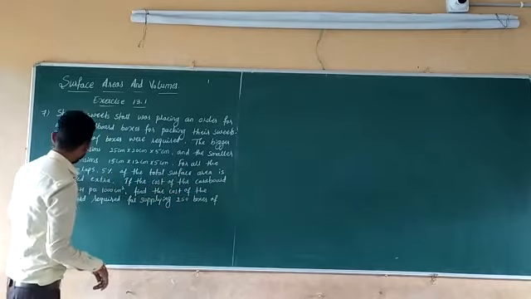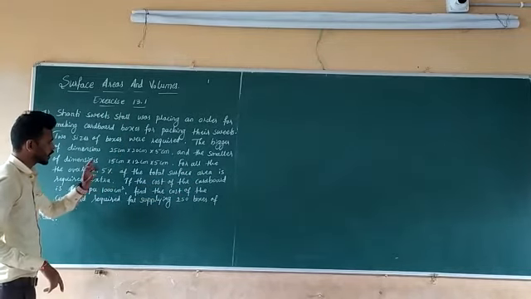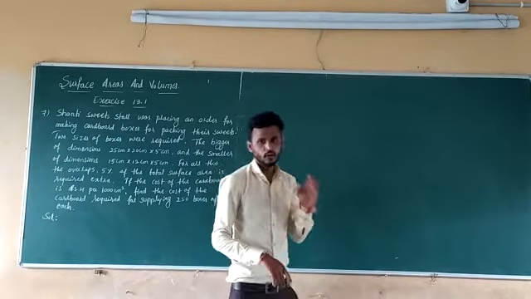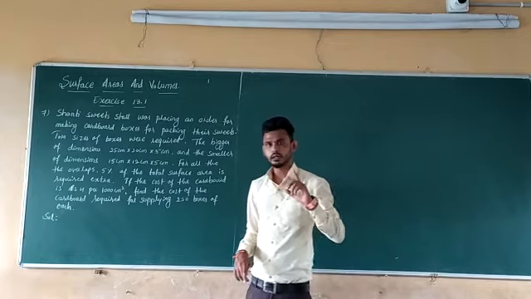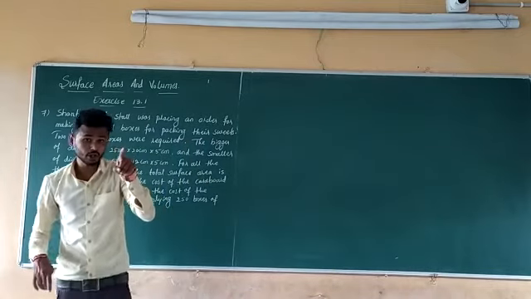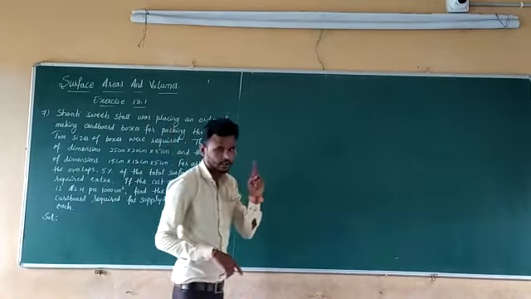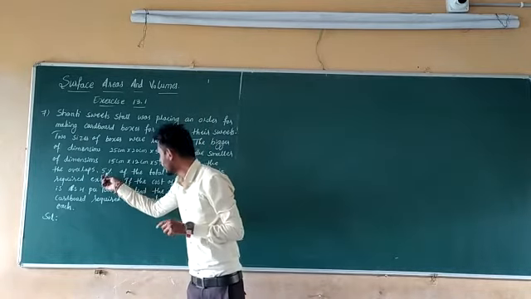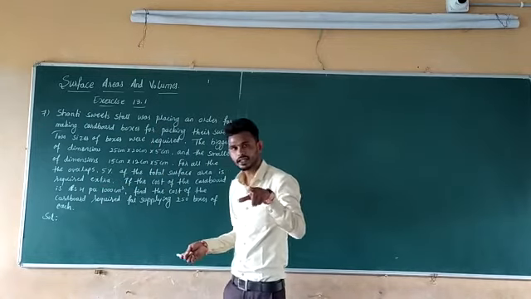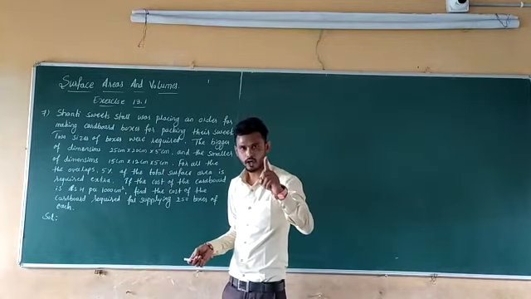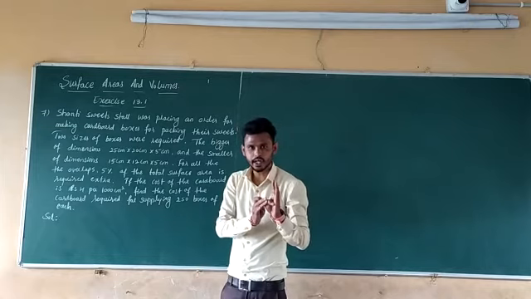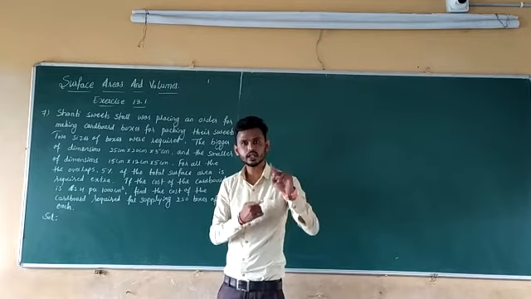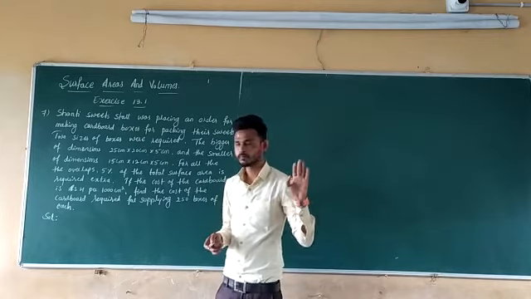So for all the overlaps, 5% of the total surface area is required extra. Means for making one box, how much cardboard will be required? The total surface area of the box. But for total packing of one box, again 5% of total area is required. For one box, it is required total surface area plus 5% of total surface area. Then it will make one box completely.